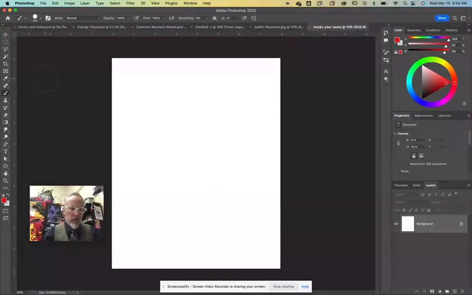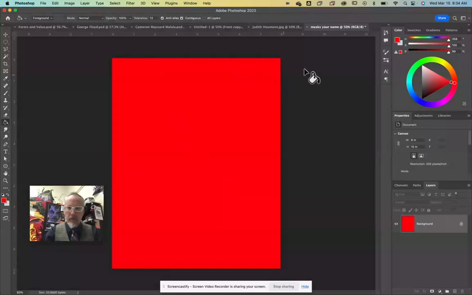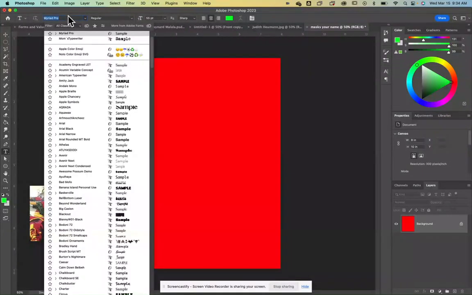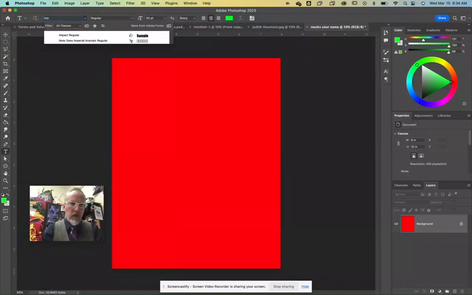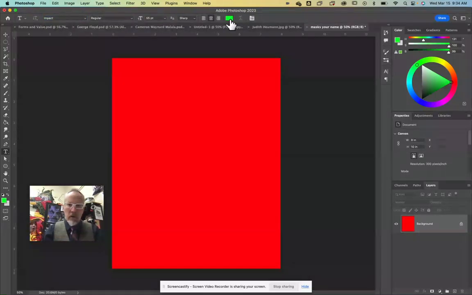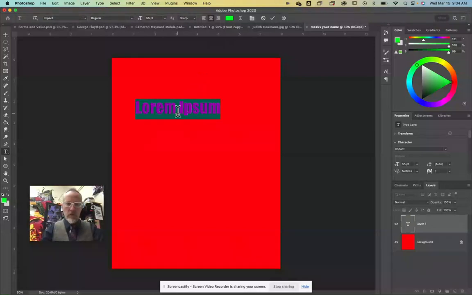All right, so the first thing we're going to do, we're going to get our paint bucket tool, which is underneath your gradient tool. I'm just going to get a straight red and pour that in there. Then I'm going to get the opposite color. I'm going to get my type tool, and I'm using Typography Impact Regular. And I want it to be this green color, this acid green. So I'm going to click in here, and I am going to type